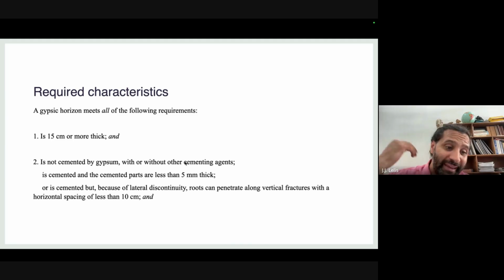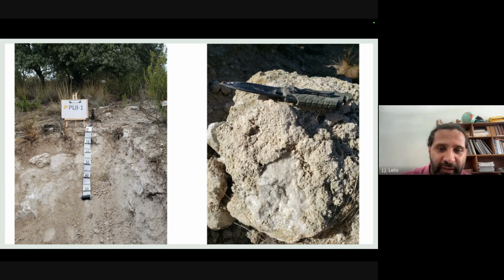And if you register some cemented parts, they should be less than 5 millimeters thick, or it is cemented, but because of the lateral discontinuity, roots can easily penetrate along vertical fractures or vertical voids in a spacing of less than 10 centimeters. So you can see that this gypsic horizon should be a horizon that's not cemented,